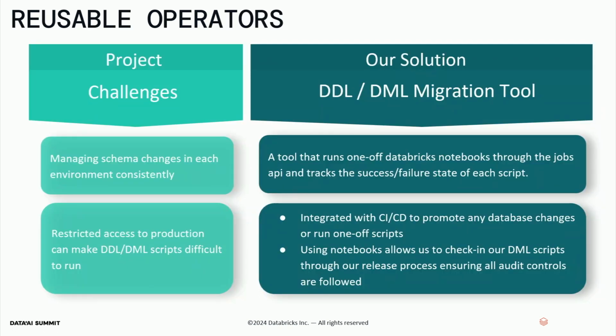Okay. So the other tool that we built is related to schema management. Schema management in a big data world can be done in multiple ways. You can have your Spark code where you create a data frame and then do a save as table, and that table inherits the schema from that data frame, right? But the downside of that is how do you keep track of when the table got changed, right? When a column got added or when a column got dropped, unless you look at the repo history, which can be quite cumbersome, right? So our solution was a DDL DML migration tool where it scans the entire repo for